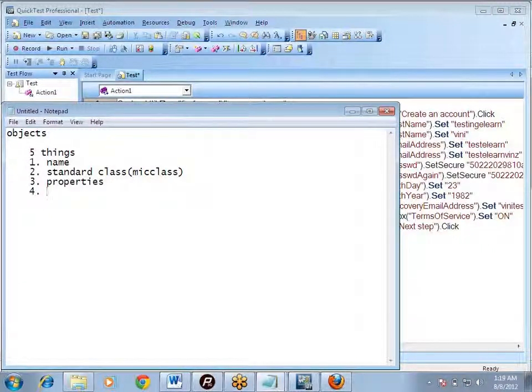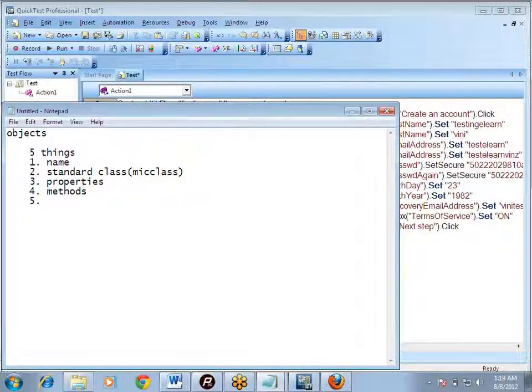Next, every object has some methods associated with it. Methods in the sense, let's say if I have a car, then I can drive my car. That is a method associated with it: what action I can perform with my car. If I have a mobile phone, I can make a call, I can send SMS, I can send MMS, I can access the internet. These are the various methods associated with my mobile phone. I cannot make a call from my car, I cannot drive my mobile phone. So every object has some methods associated with it.